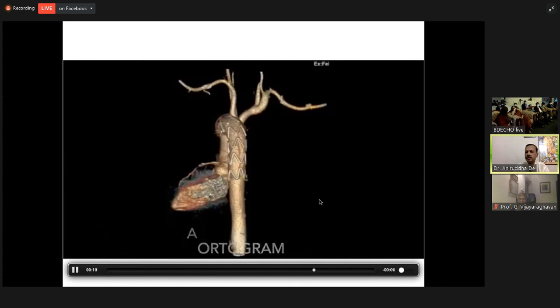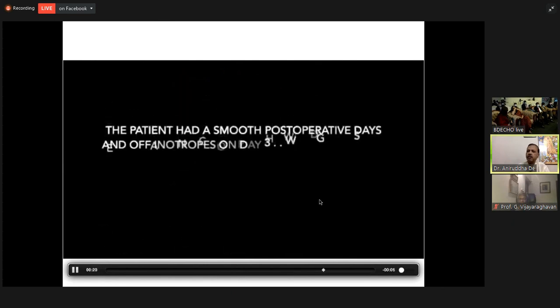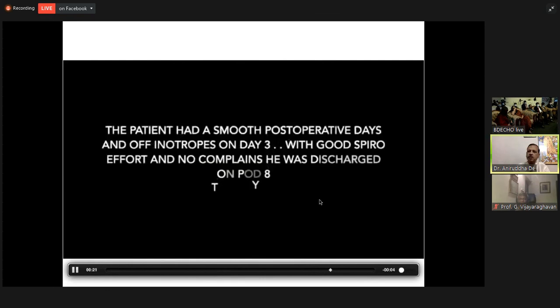This is the post-operative CT angiogram of this patient. The patient had a smooth post-operative recovery and was discharged on day 3. Thank you. Thank you, sir, for your excellent